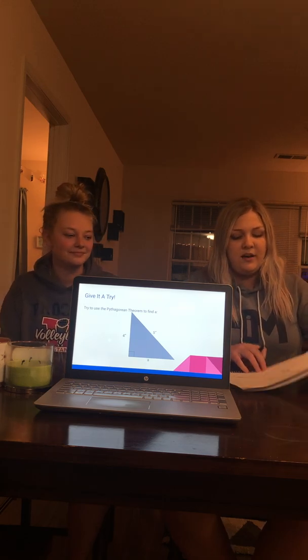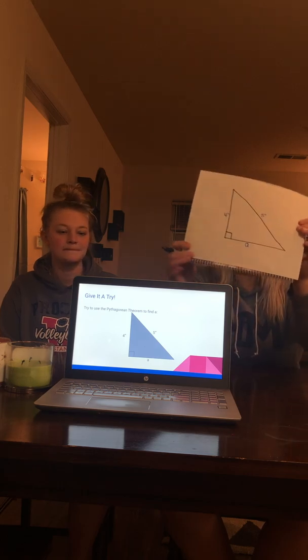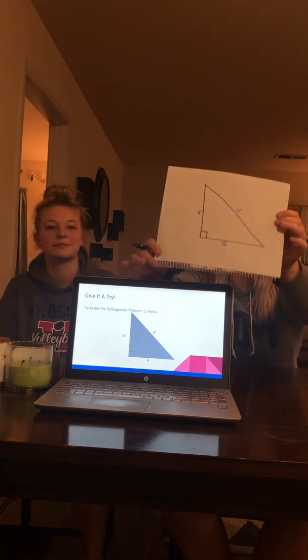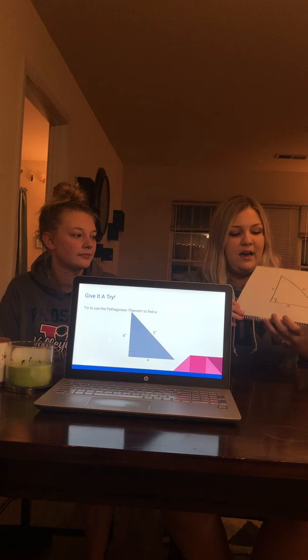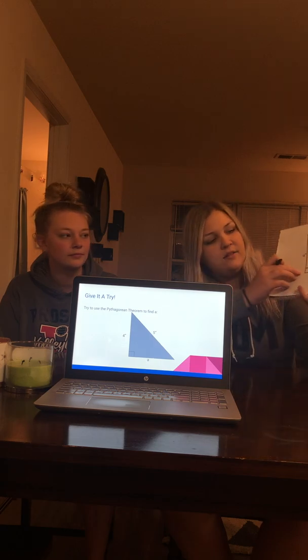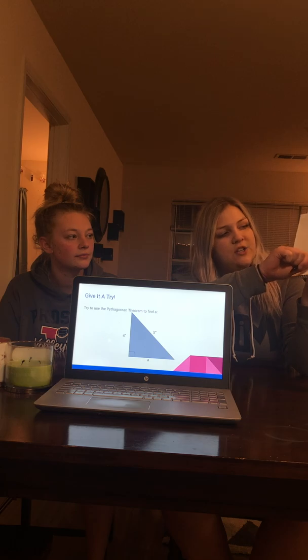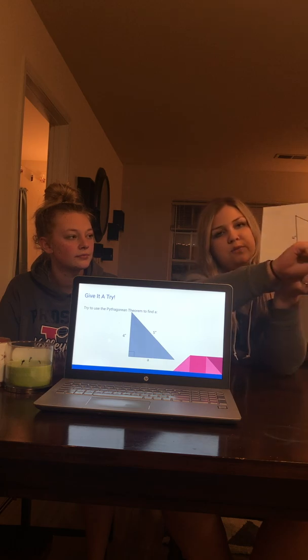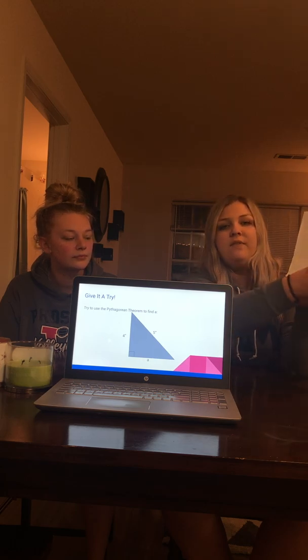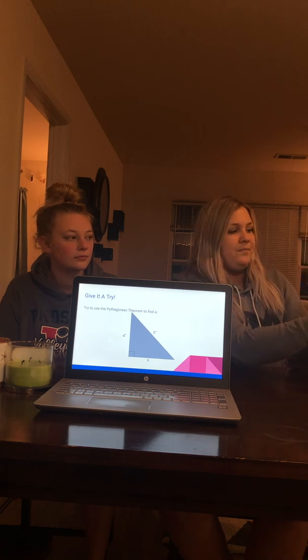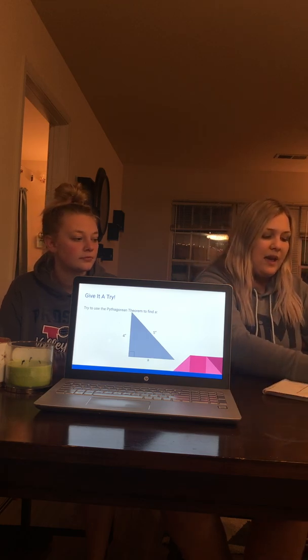Sounds good. All right, so here on my paper, I have drawn my triangle. I have my 90-degree angle here in the corner. I have my side B, which is 4 inches, my hypotenuse, which is 5 inches, and I am solving for side A. So we know a squared